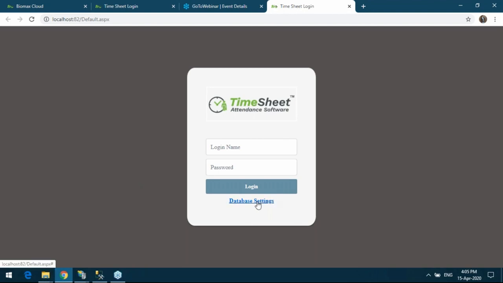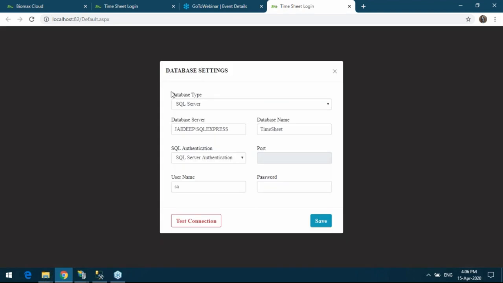So there's a link button. When you click on database setting, a new window will pop up where you need to define your database setting. So the first one is database type. So which kind of database server you are using. Currently Timesheet will support SQL Server and MySQL. So we will select SQL Server and we will provide the database server name and the name of the database